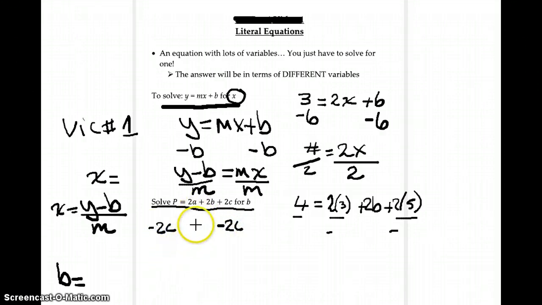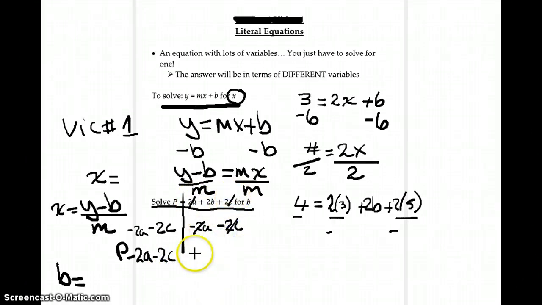What can I do with my 2a? I can subtract, and I can subtract. What I do on one side, I do on the other. So I have p minus 2a minus 2c. 2a minus 2a goes away. 2c minus 2c gives me